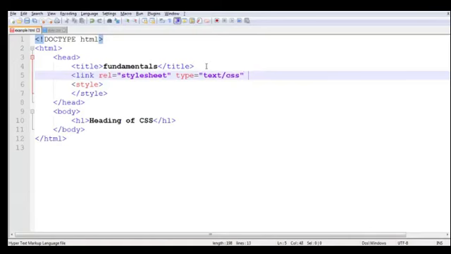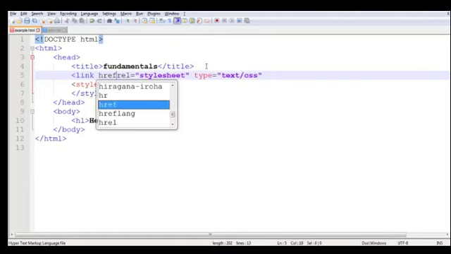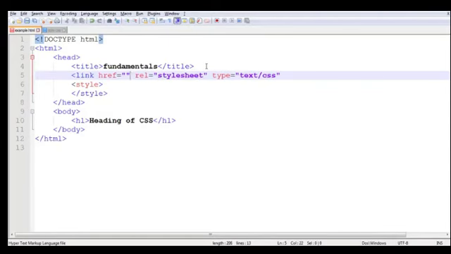And last thing that is really important, href means reference, means where it is located. So I have already saved example.html on the desktop, so style.css is on the same path. So I will write here style.css,